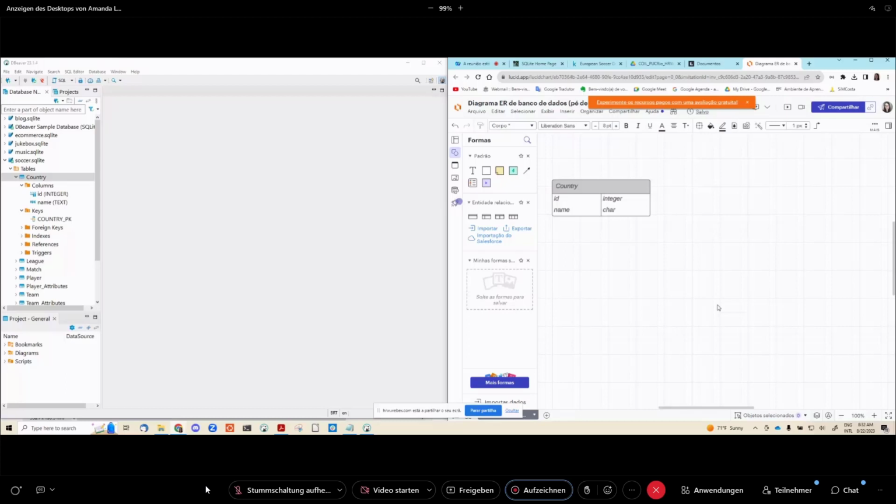So you are not actually forced to reproduce all the tables exactly how they are. And why I'm saying this, because maybe some of the tables that you have in your database will have, for example, 100 columns. So you don't need to write all the 100 columns here in the ERD diagram. So this is just a tool, an